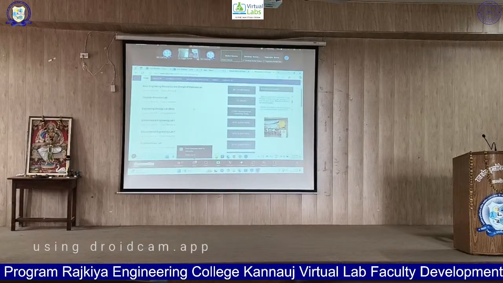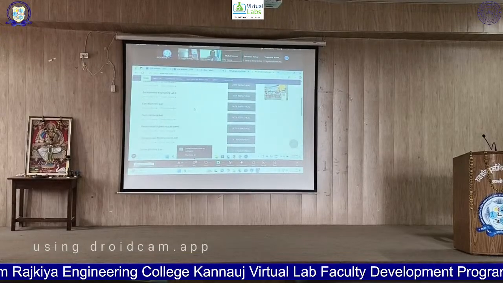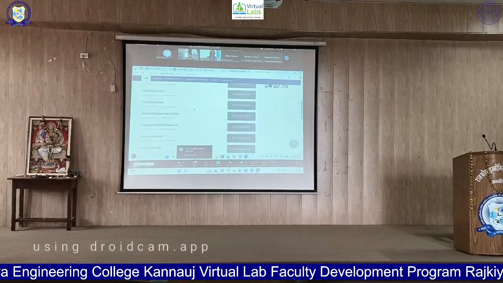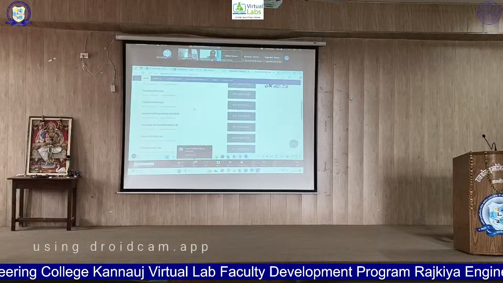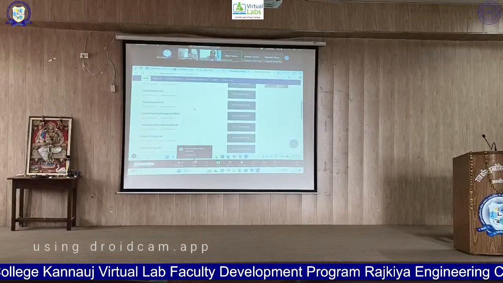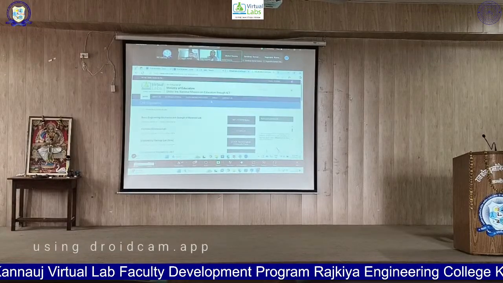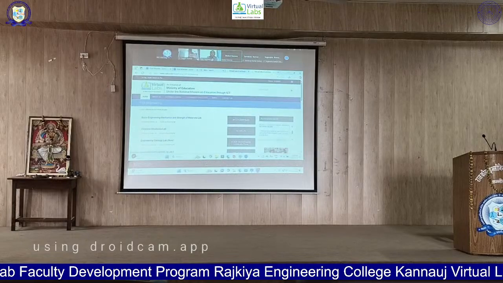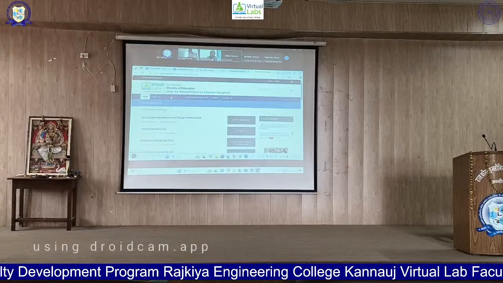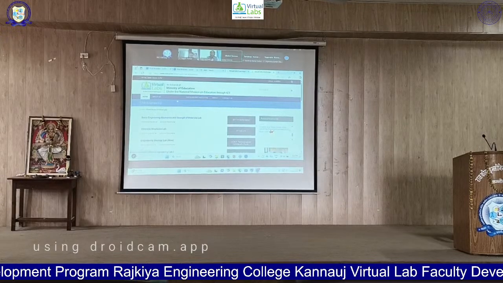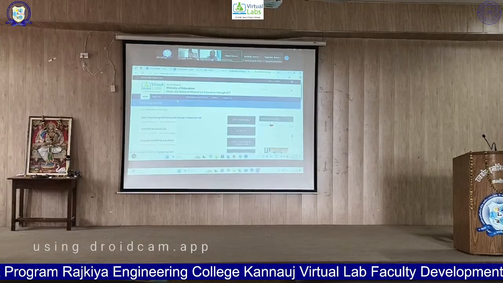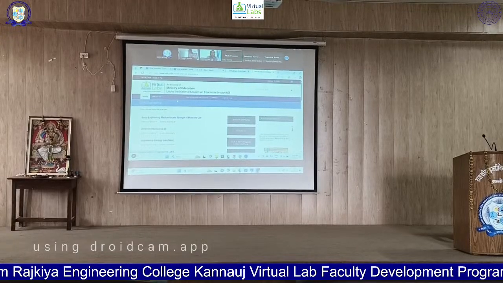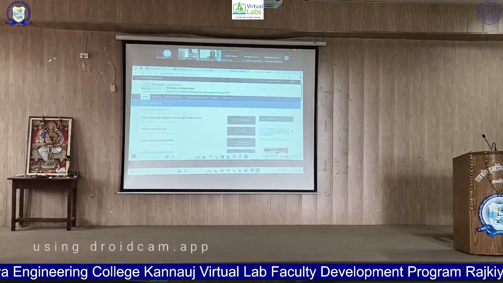Many different advanced labs are not available right now. So if anybody wants to develop those labs, they can also collaborate with the nodal agencies for the virtual labs, and through them they can develop the new advanced labs which are required in this domain.